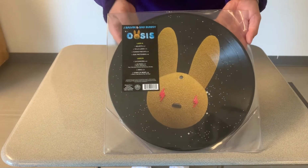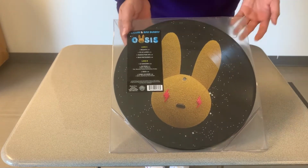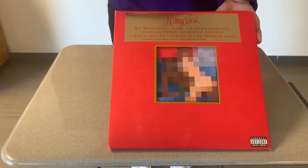Oasis by Bad Bunny and J Balvin. Definitely worth checking out if you want to get into something new. Another pickup was My Beautiful Dark Twisted Fantasy by Kanye West, which was actually my first Kanye vinyl that I've